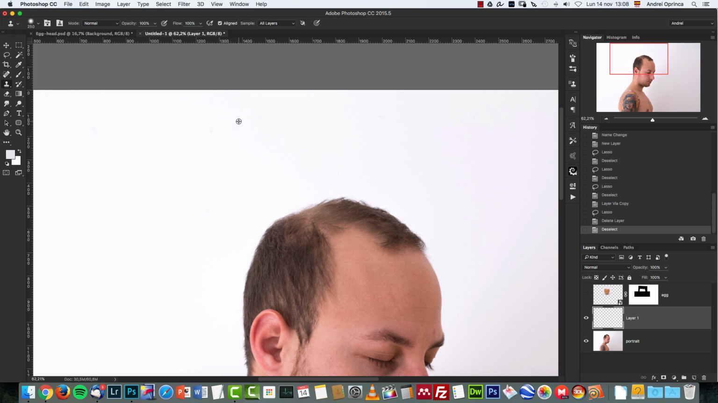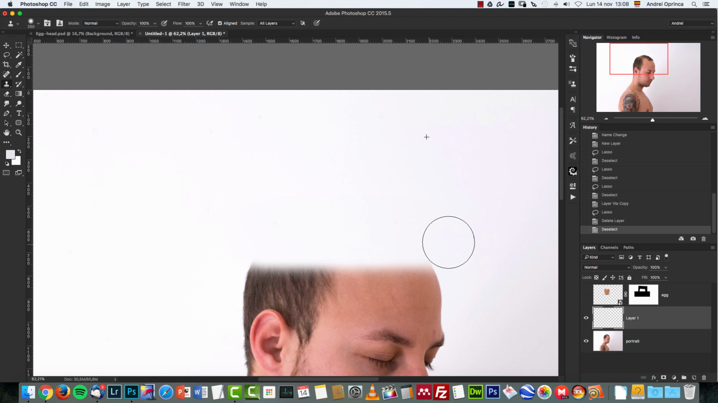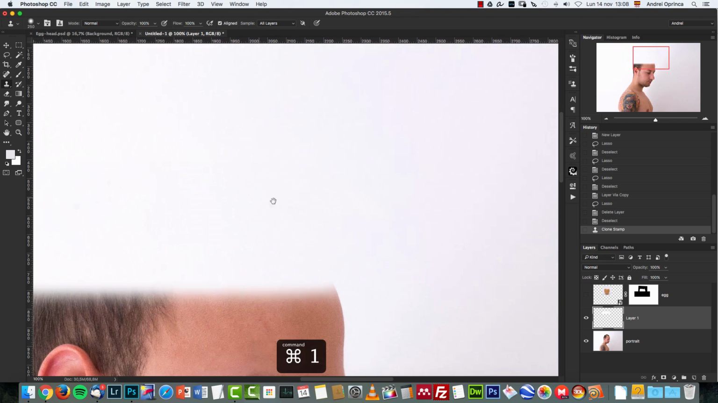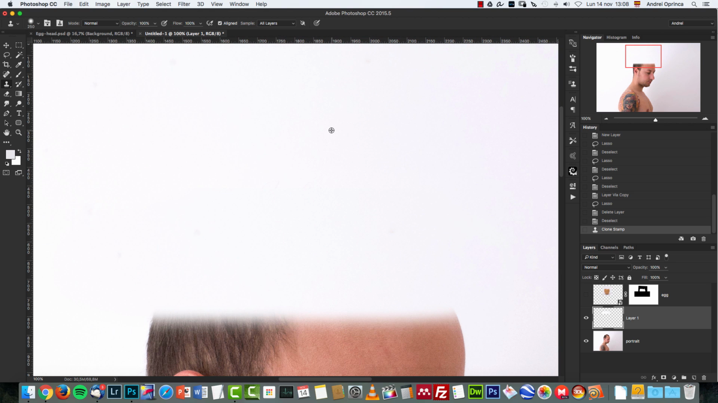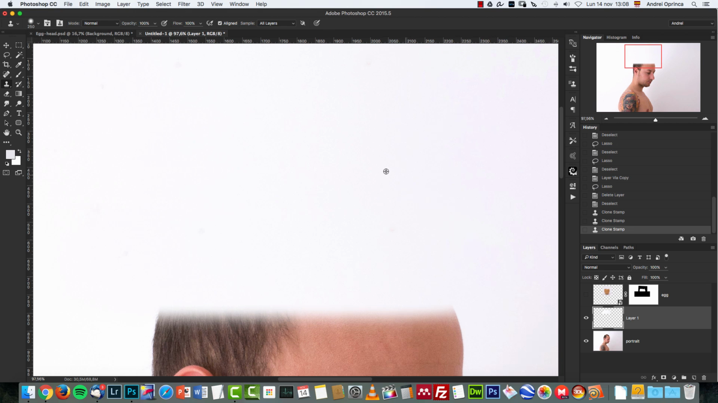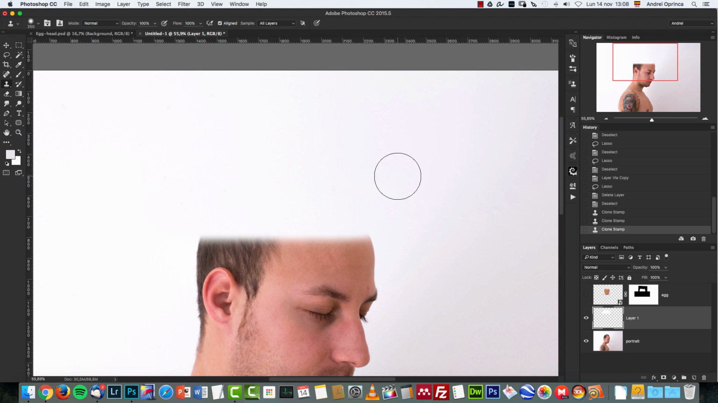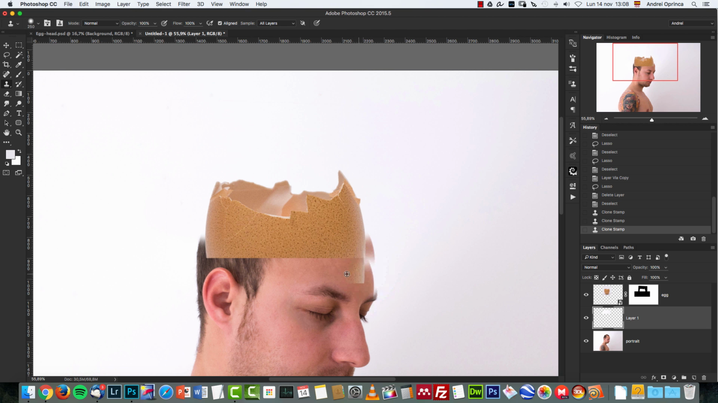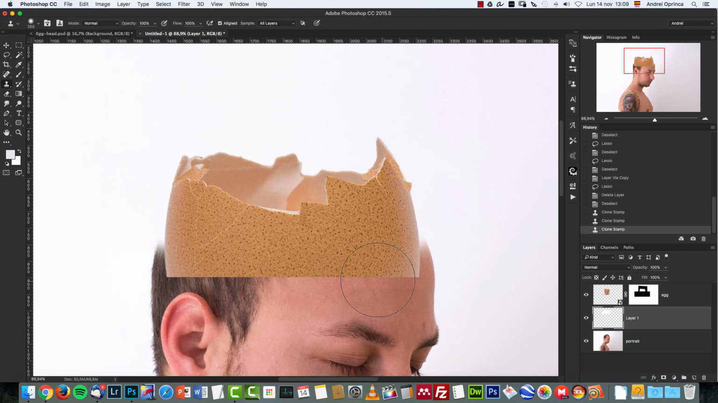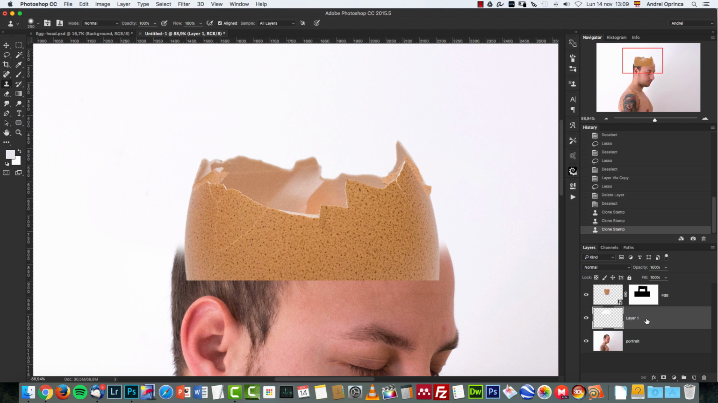So I'm gonna do it again. Click there, go down, and just paint again. Okay, and I think now it's a bit better. I can do it again, just another pass over there, and that's it. And the next thing is I'm gonna show the egg again. And now on this new layer, which I'm gonna name cover, I will create a layer